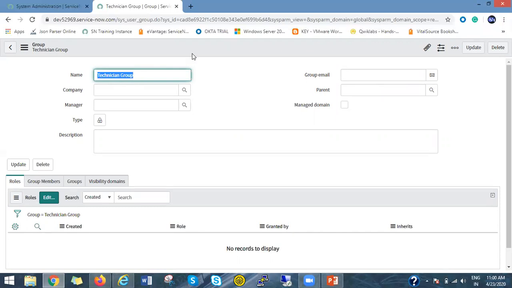So let's do one thing. Create one new user.